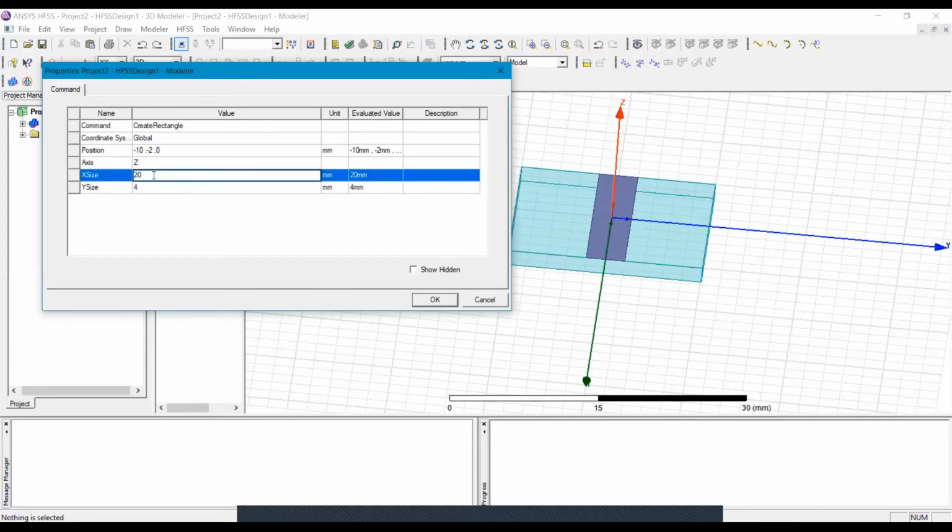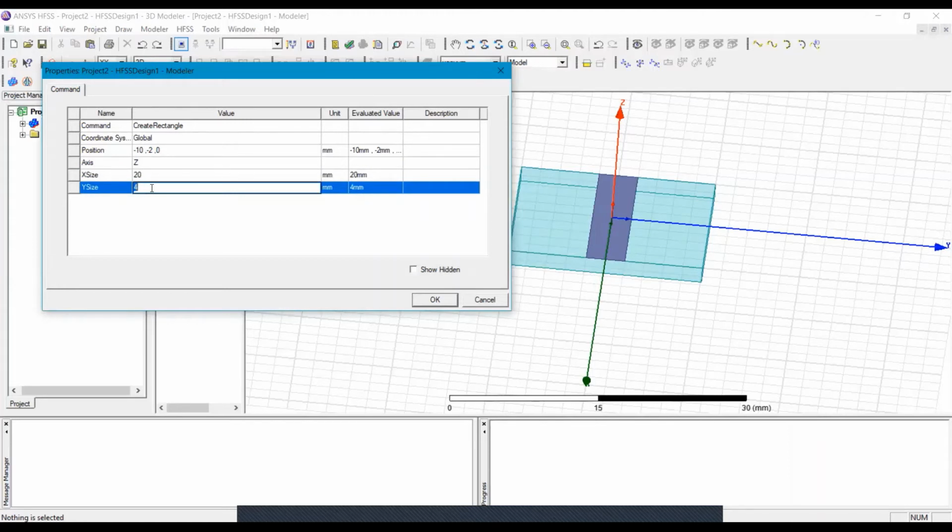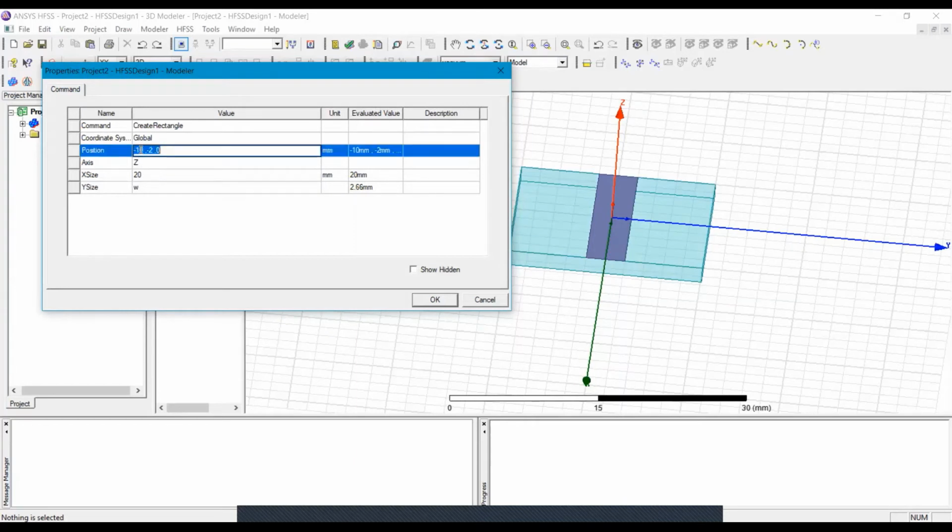So it is okay. On the y-axis, my width of the strip is 2.66 and in the initialization I have to require here minus w by 2.